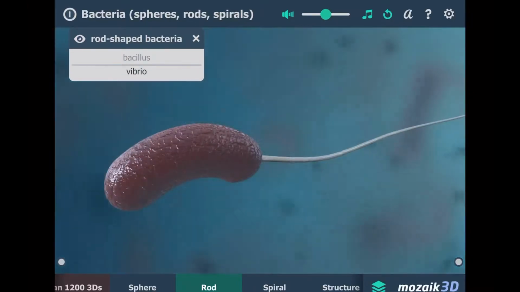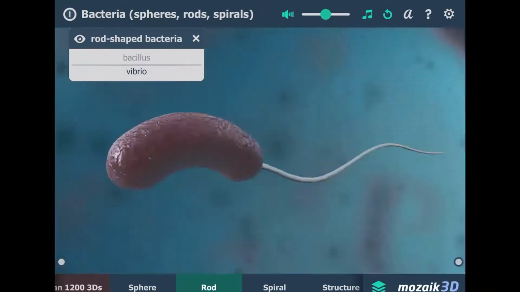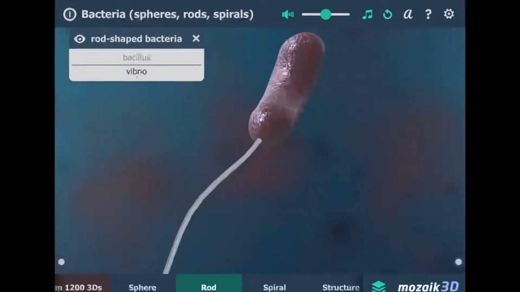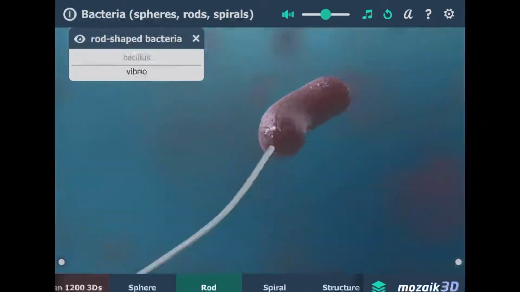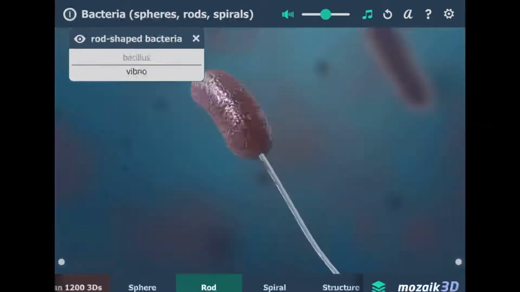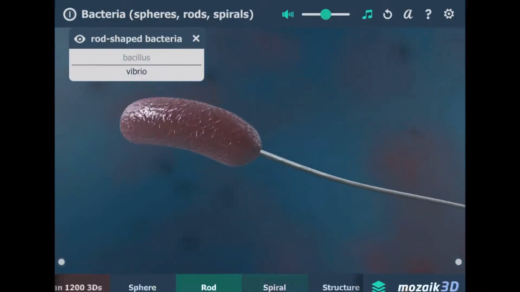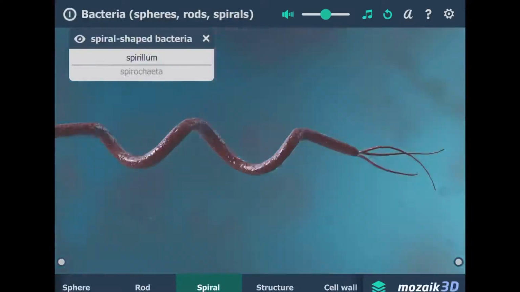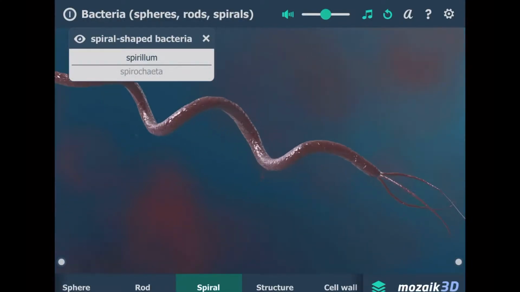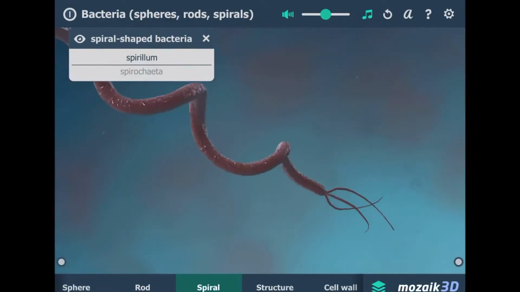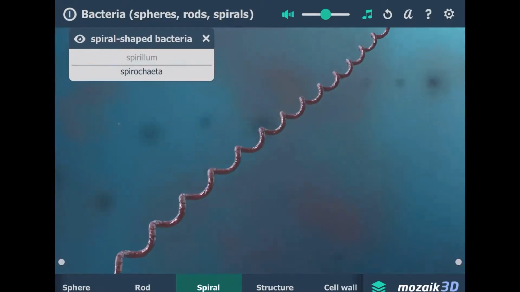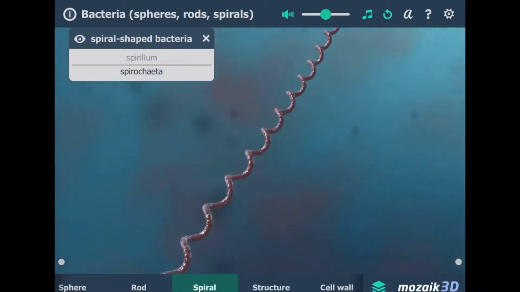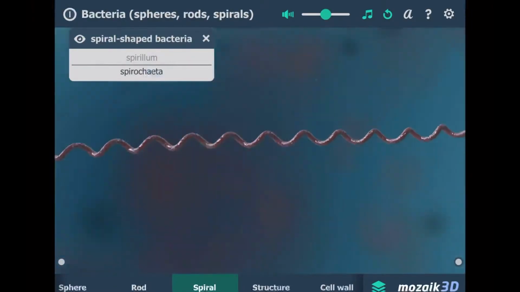Okay, now Bacillus, rod-shaped bacteria, Vibrio. A little bit smaller, I think. Whoa. Wow! Amazing! Vibrio looks like spiral. It's kind of spiral. Spirillum. That's why it got its name. A little bit of flagella. Wow, it's much longer, like it's kind of spaghetti. Okay. It's like a macaroni,